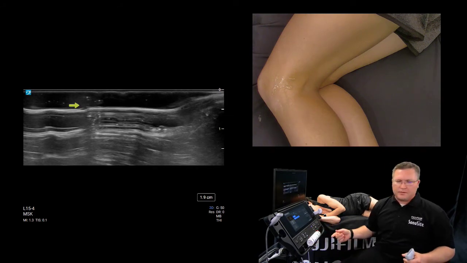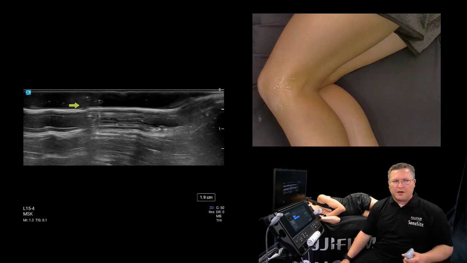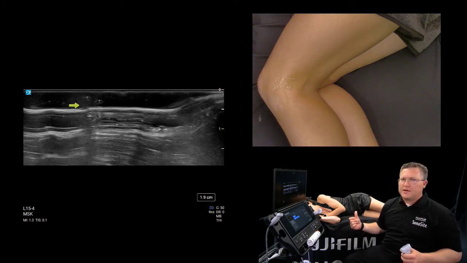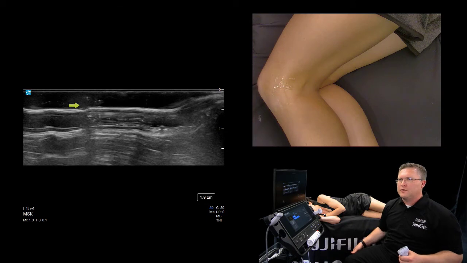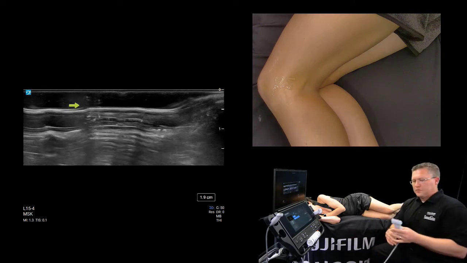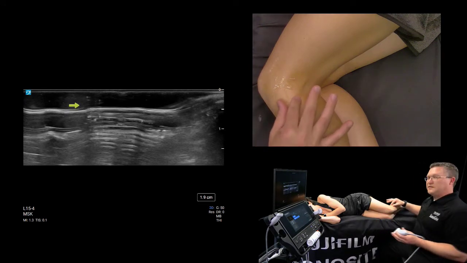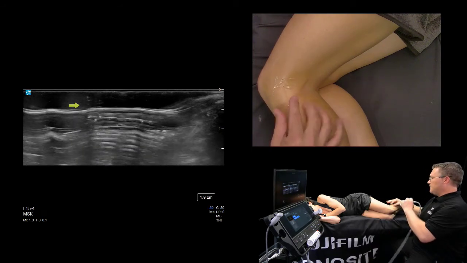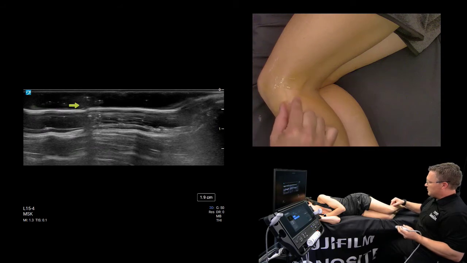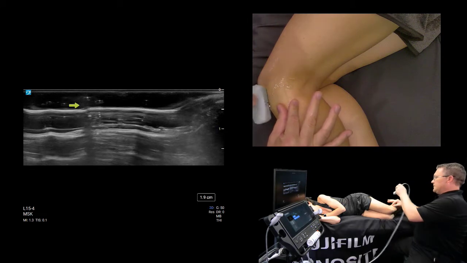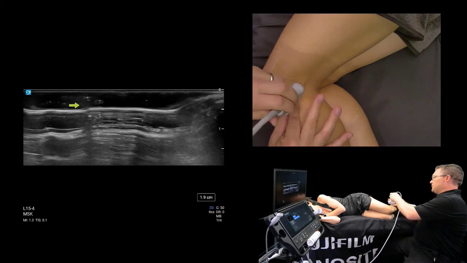The common landmark is the lateral epicondyle of the femur. I like to scan that and show where the IT band is in relation. But when I'm teaching beginners how to do LCL ultrasound, I always start with the fibular head. And some of my mentors out there will probably slap me, but I tell them to palpate while they scan. So here I can feel the fibular head, okay? As I plant my fingers on each side of the fibular head right there, I'm gonna set the transducer right between my fingers. And as I set my transducer between the fingers, my next motion is gonna be to windshield wiper